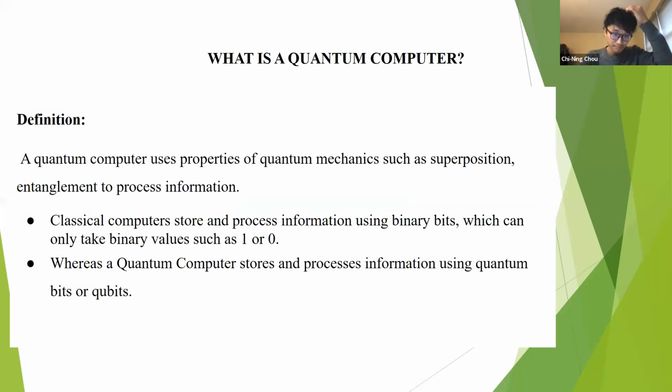So what exactly is a quantum computer? A quantum computer makes use of properties of quantum mechanics such as superposition and entanglement to process information. We all know that classical computers store and process information using binary bits, which can take on binary values such as 0 or 1. Whereas a quantum computer stores and processes the